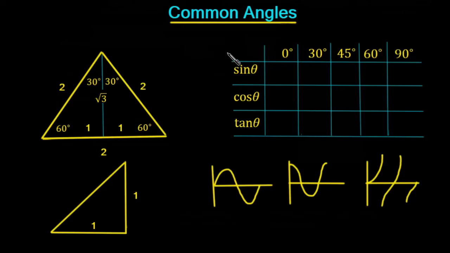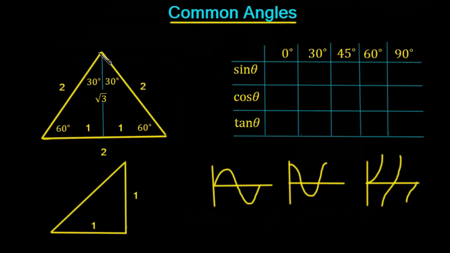We want to be able to commit the sine, the cosine and the tan functions for these common angles: 0 degrees, 30 degrees, 45 degrees, 60 degrees and 90 degrees. Now here's a quick and easy way to remember it, and we'll fill out this table as we work through this video. So if we start off with an equilateral triangle, so that's a triangle with all sides equal, and